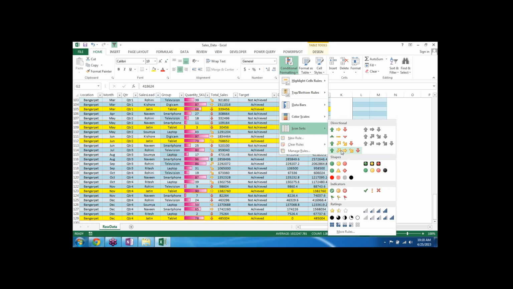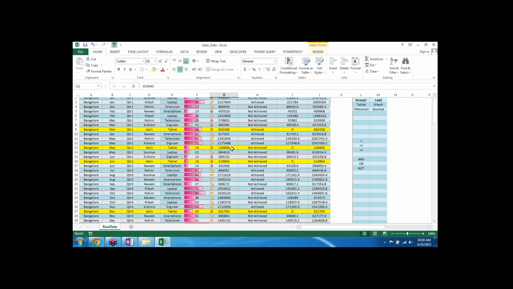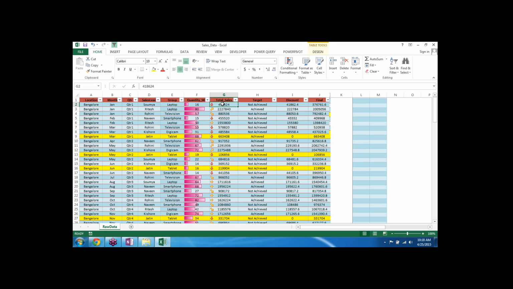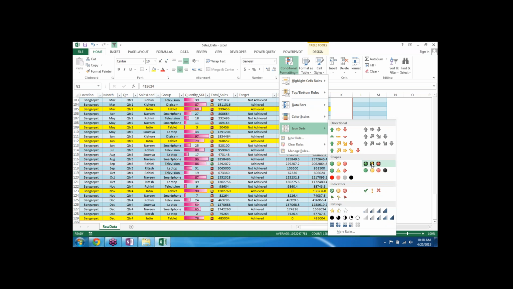If you just want to have a look, to give you a glimpse of how the data is working here, how comparatively my data is looking, you can put some icon sets like this. Or let's say you can change the icon sets like this.